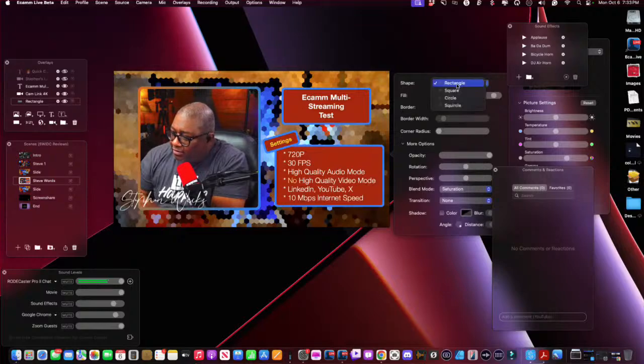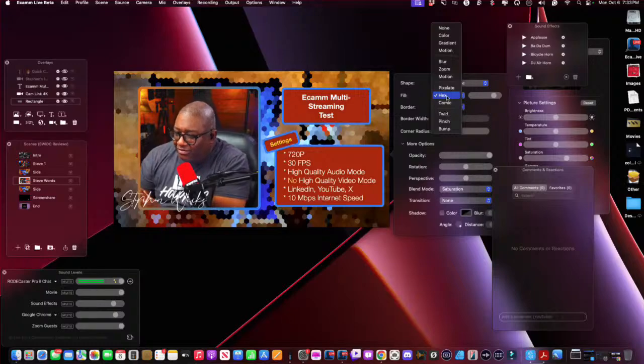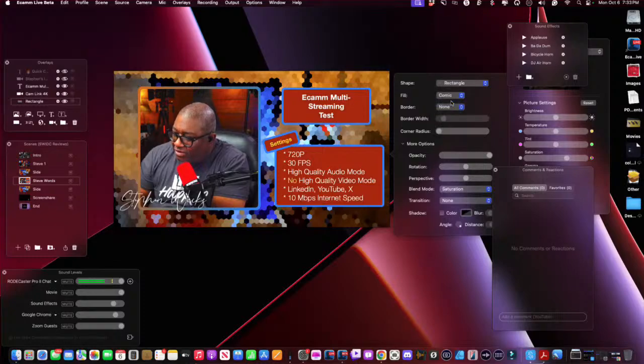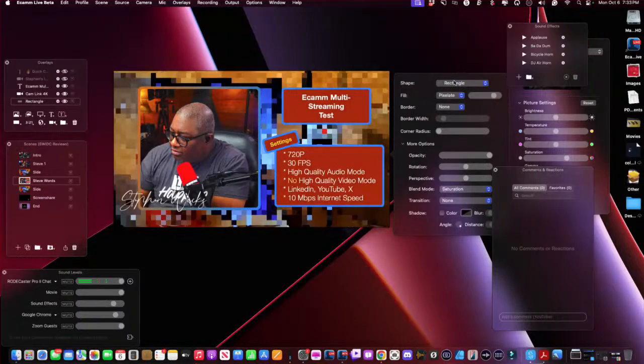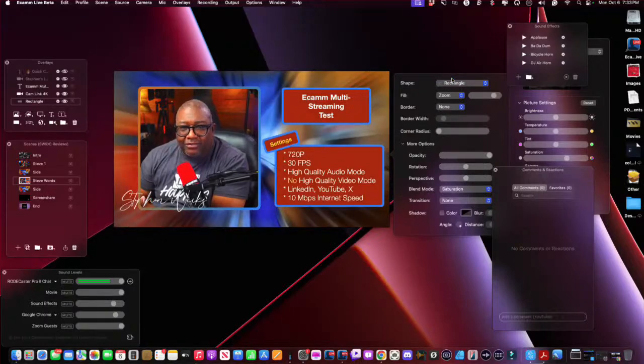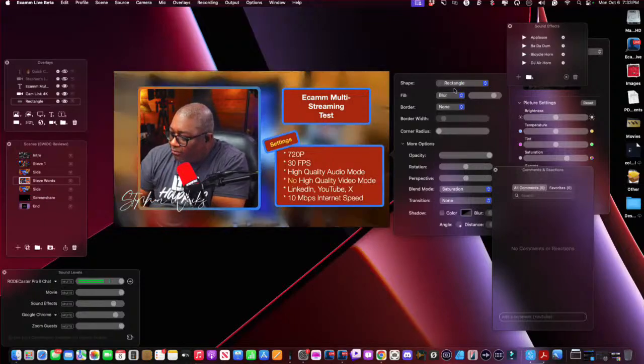And you see right here, there's this drop down and the fill. And so I've got hex, actually. It's like a hexagon, I guess. But then you can, again, like yesterday, I made something a comic, and then you can make it a comic, or you can just pixelate it like that. You can do a zoom, make it look like the picture zoomed out. You can also do blur to where it's just blurred out.